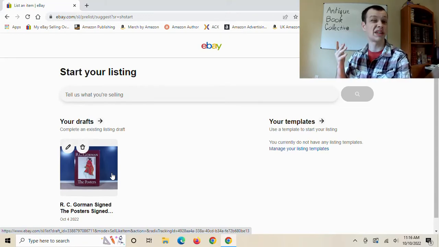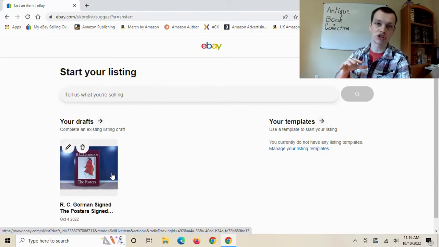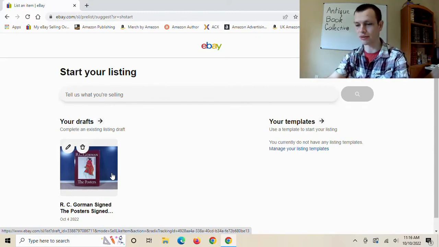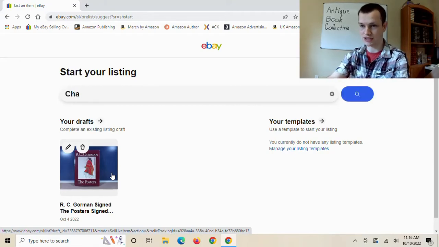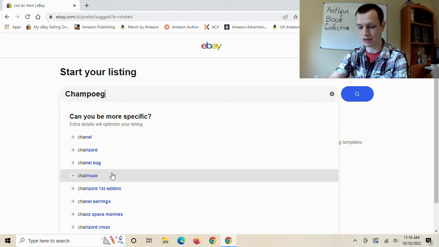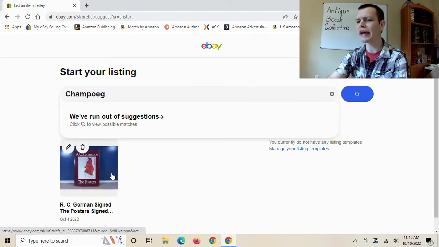If you guys aren't doing antique books, the year might not be as important. Something else that you will want to include most likely would be potentially the publisher, if it's a first edition, if it's illustrated, if it's a hardcover, if it's ex-library, all these sorts of things. Honestly, you can put in whatever you want, but that's just up to you guys depending on what you want to do. So I'm just typing in Champoeg, I'm sure I'm still saying that wrong, and Other